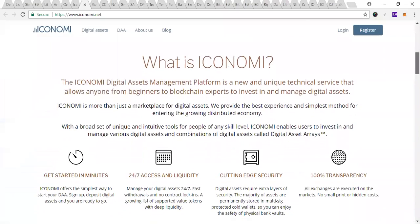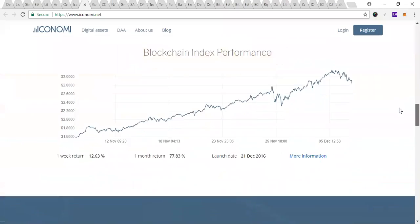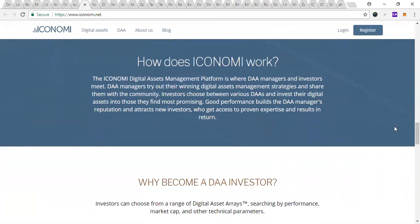This is their website, their asset management platform. Says, how do they work? Digital Assets Management Platform is where DAA managers and investors meet. Managers try out their digital assets management strategies and share them with the community. Investors choose from various DAAs and invest their digital assets into those they find promising. Good performance builds DAA managers' reputation and attracts investors who get access to proven expertise and returns. So it's giving people the ability to see what proven investors are doing and being able to follow those people